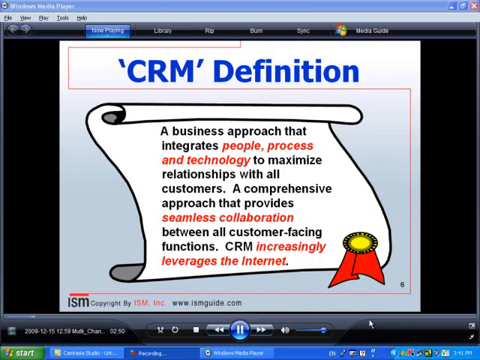Multi-channel is at the core of the CRM definition that many of you may have either heard me talk about or read about in any of my books or articles. And that's that whole concept, first of all, that CRM is a business approach. It puts into place good customer-facing processes, and this whole multi-channel concept is a process that I'll be discussing momentarily